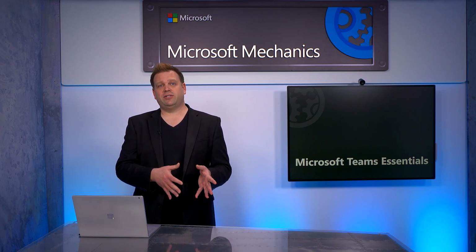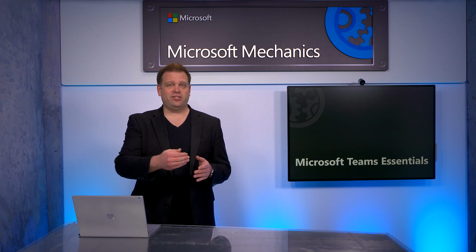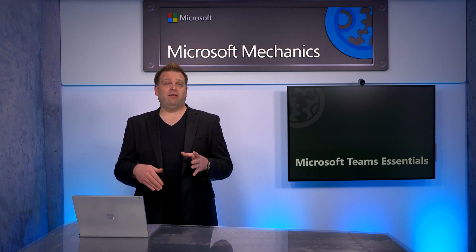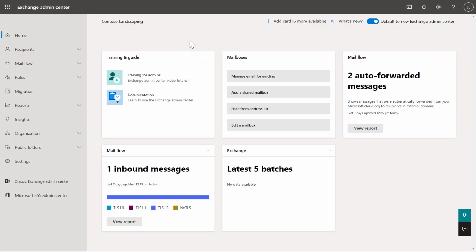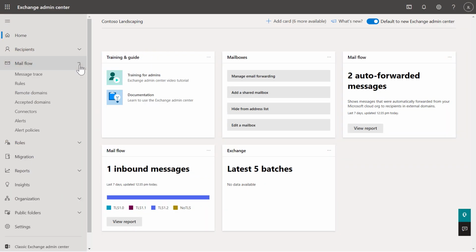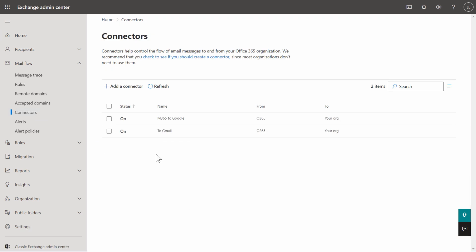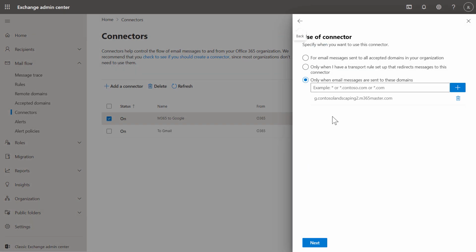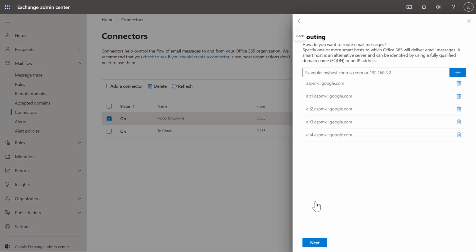Next, there are a few more things to configure on the Microsoft 365 side in order to route mail in the opposite direction, this time from Microsoft 365 into Gmail. Things like my meeting invites, my RSVP replies that I'll be generating from Microsoft Teams. Now these settings are configured in the Exchange Admin Center. So in Mailflow and Connectors, you'll see I have a custom Office 365 connector here that's called M365 to Google. It's configured to use my secondary or user alias domain. Now if I open routing, you can see that the smart host is actually set to an address that I copied a minute ago, that ASPMX address, along with 4 other default alt prefixes.